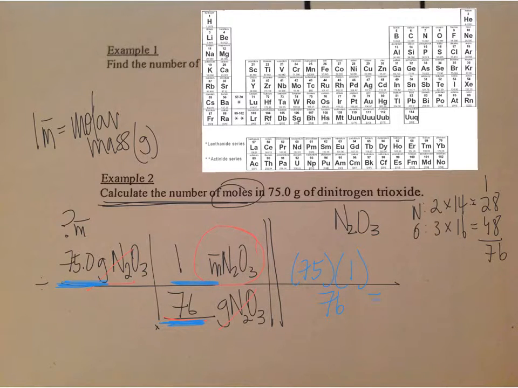And that's how you get your answer. So it looks like it's going to be about 1. So when I actually do the calculation, 75 divided by 76 equals